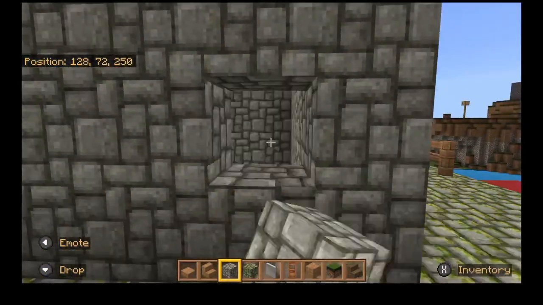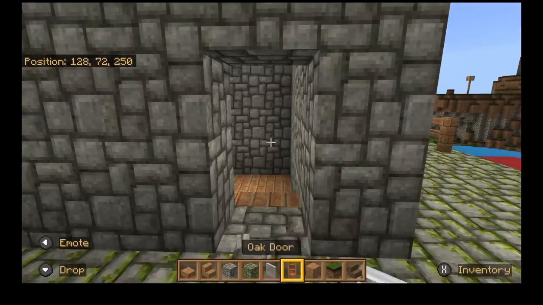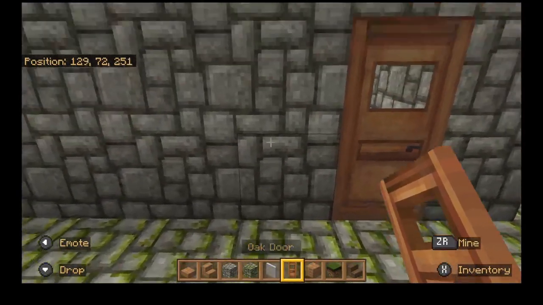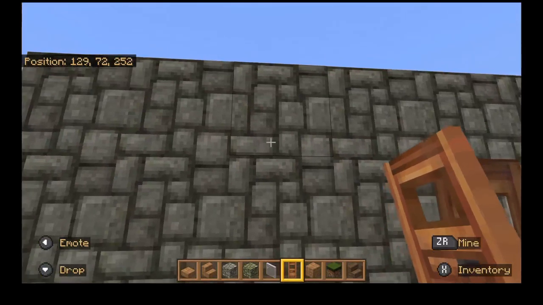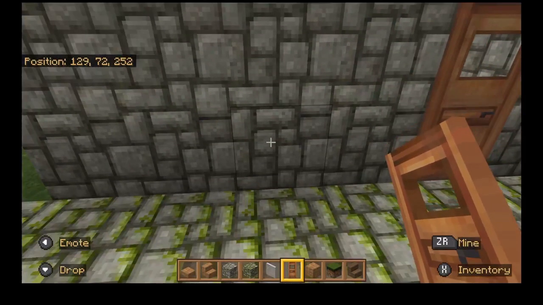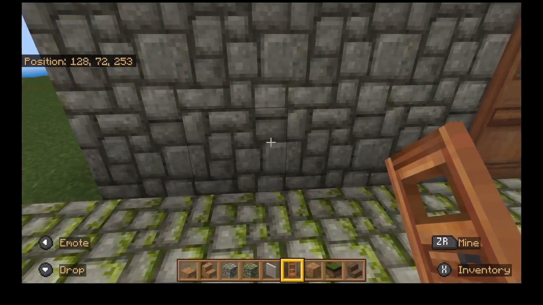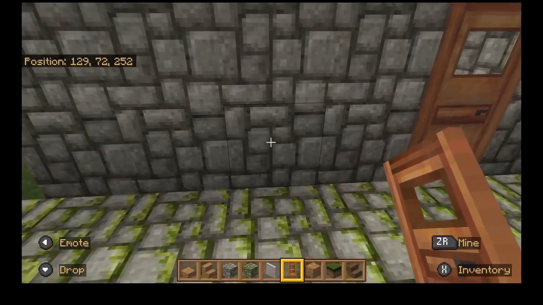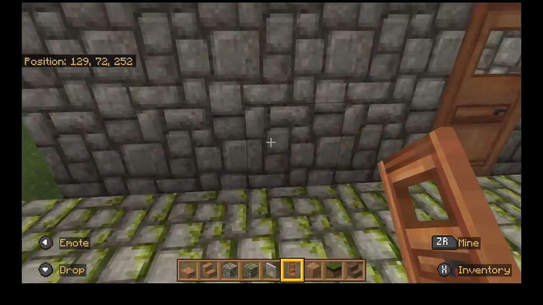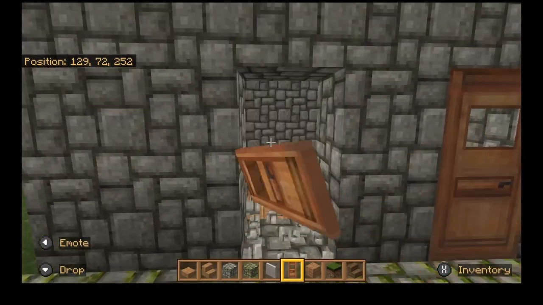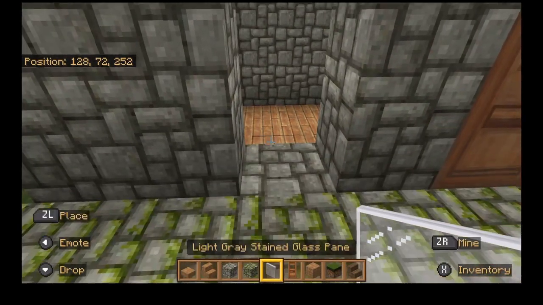Alright, I'm going to go ahead and cut the door in, and I'm going to use a standard oak door for it. And then here I'm going to cut a window in. Just trying to decide where I want to put it. Alright, and then you'll notice